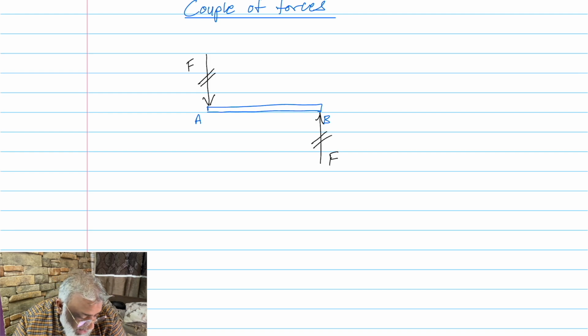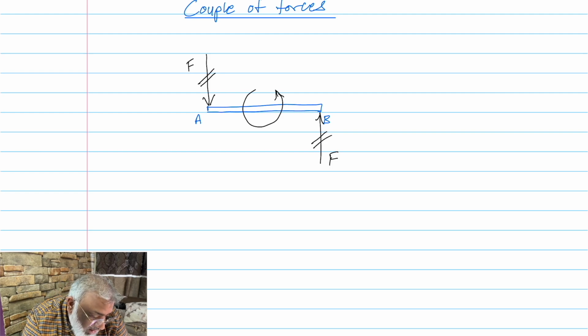These two are parallel to each other, equal in magnitude, but they are at two different points. So we can understand if there is a bar, a horizontal bar, not fixed at any point, it is just a bar in space, and if I apply two forces, one in the downward direction, one in the upward direction, at two different points on the bar, what will happen is that this bar will rotate in the anti-clockwise direction like this. So the effect created by two forces equal in magnitude, opposite in direction, and parallel